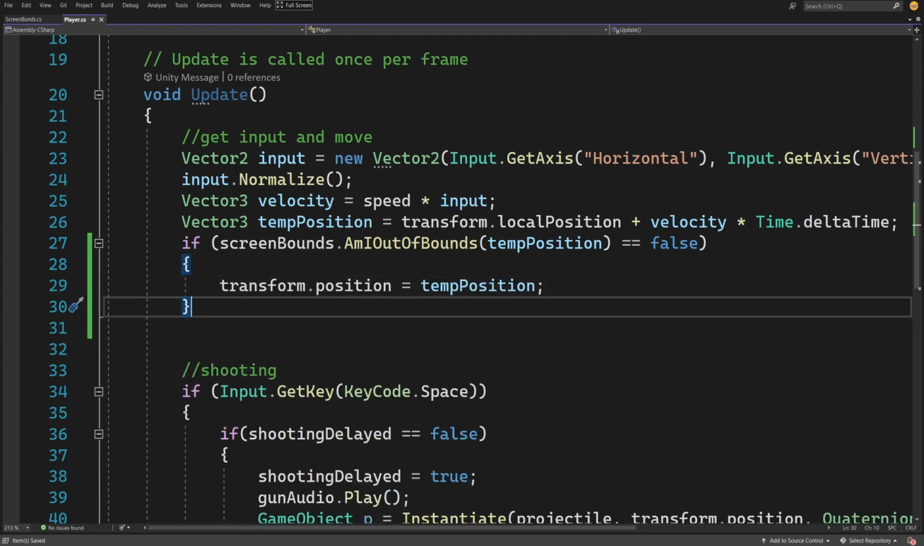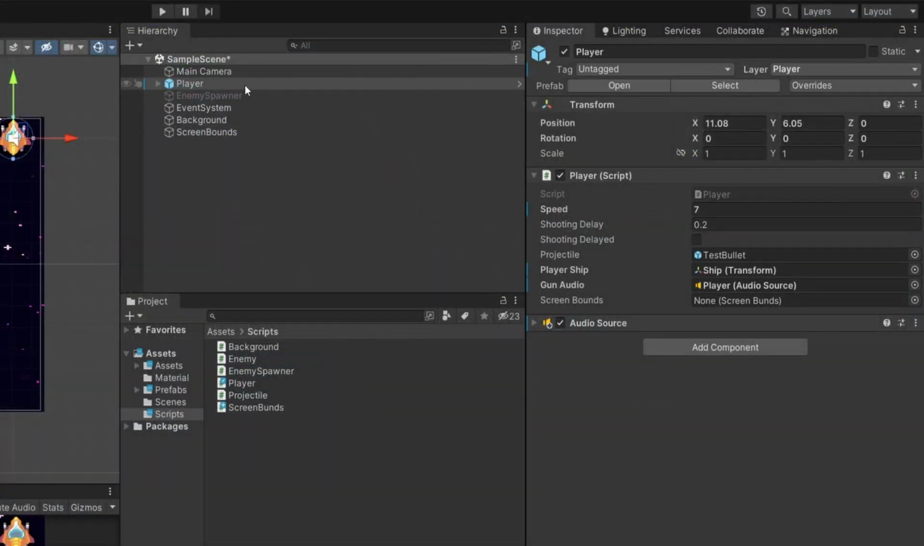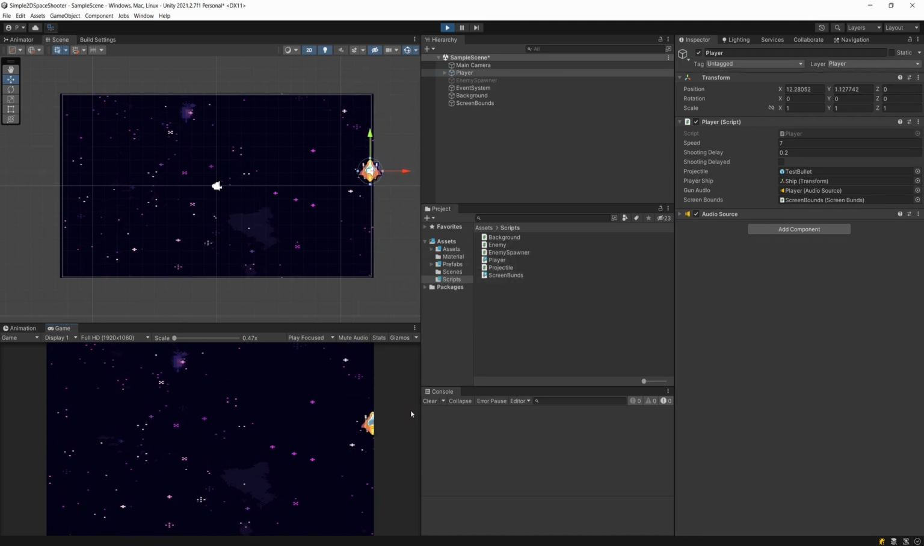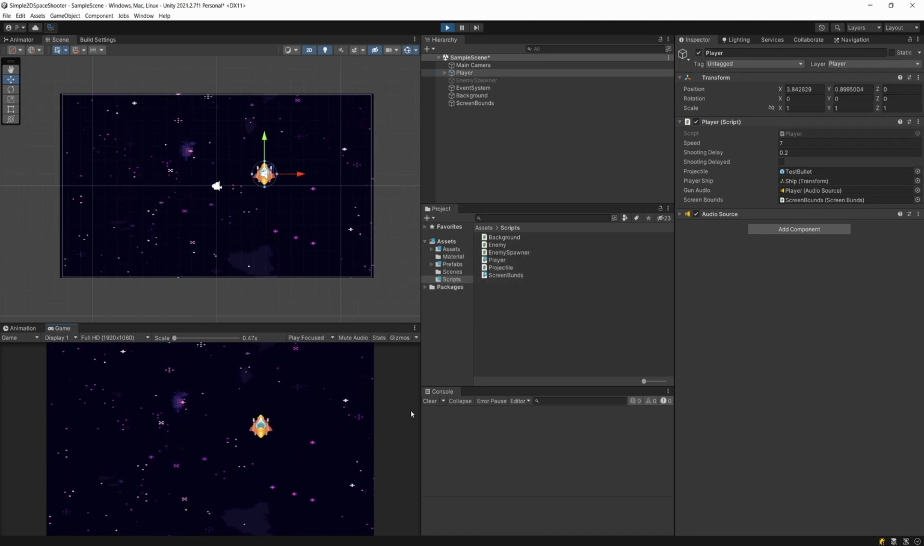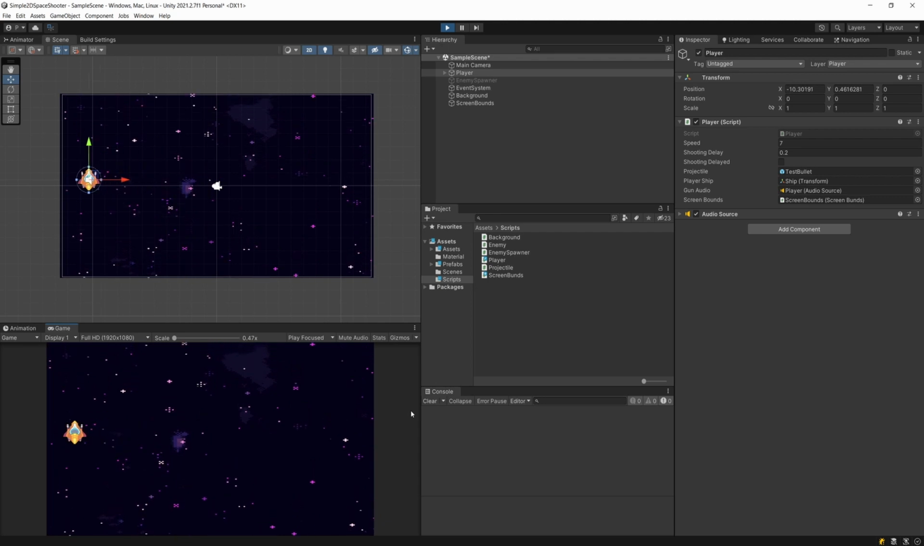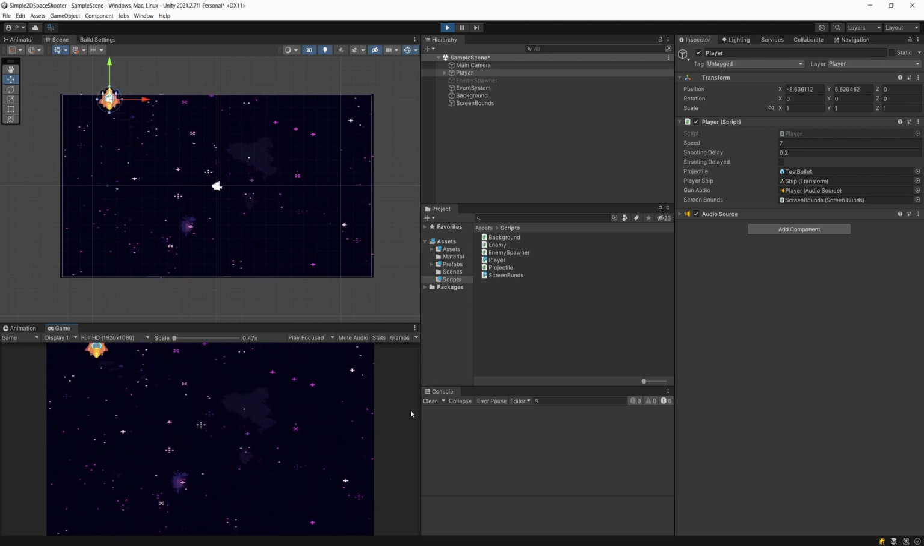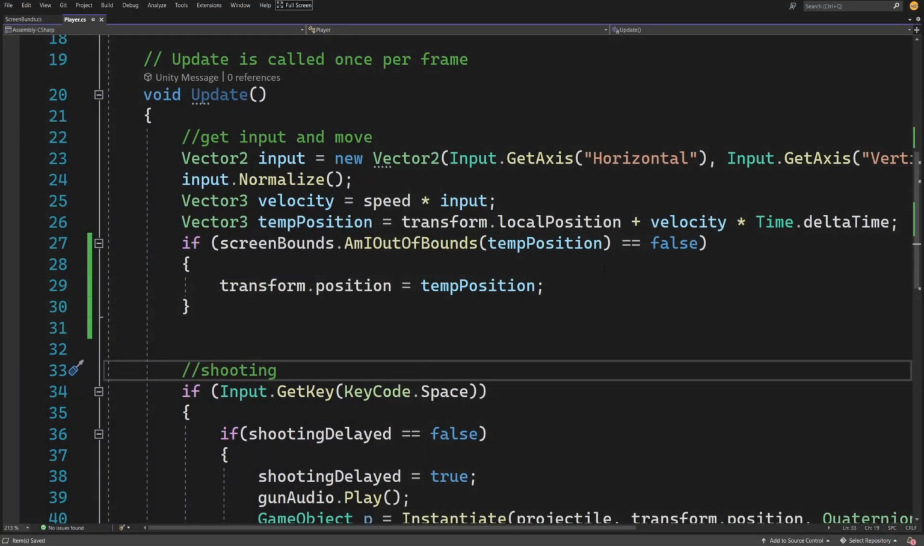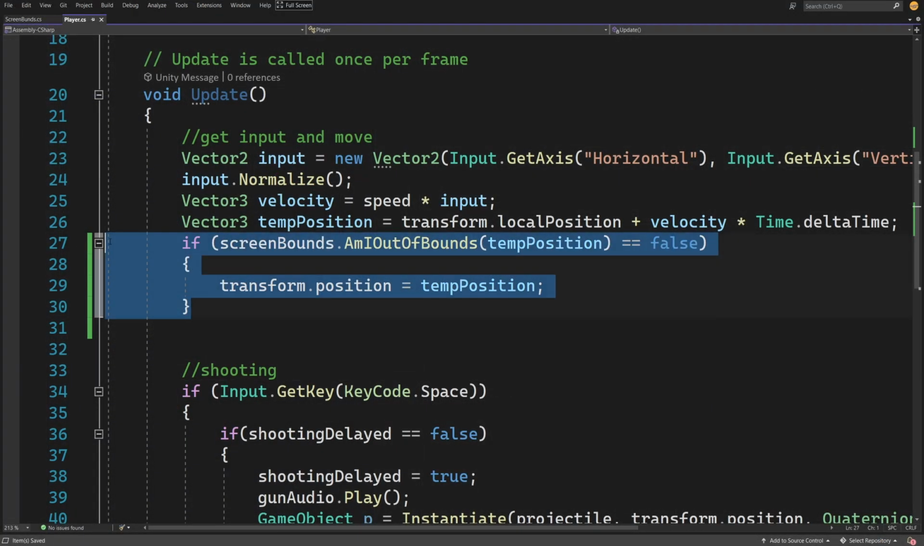If I save it now and go back to Unity, I need to assign the screen bounds to my player, and if I press play, I will see that I will now not be able to move outside of the bounds. Of course, I can add some offset depending on the direction that I am moving in, but basically this works as expected. If we go back to our code, instead of checking if this is false,